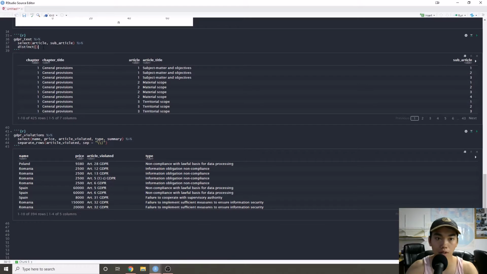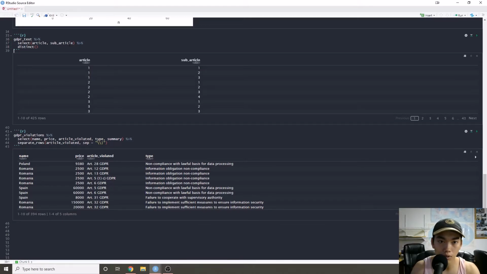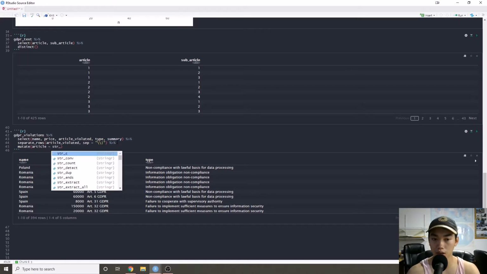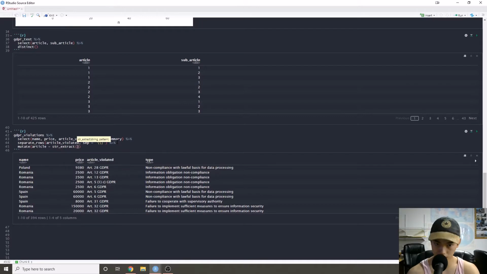So if we look at articles, sub-articles, we need to extract this, and we need to extract that. So what I'm going to do is mutate, and I'll say article equals, and then we're going to say str_extract, article violated. Article violated, and the pattern will be